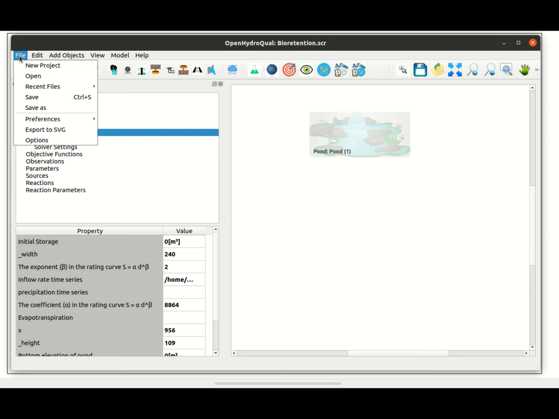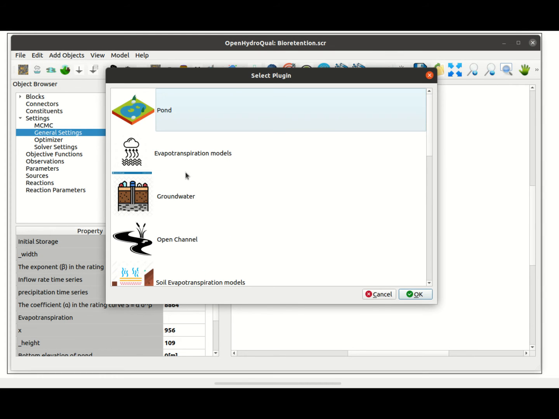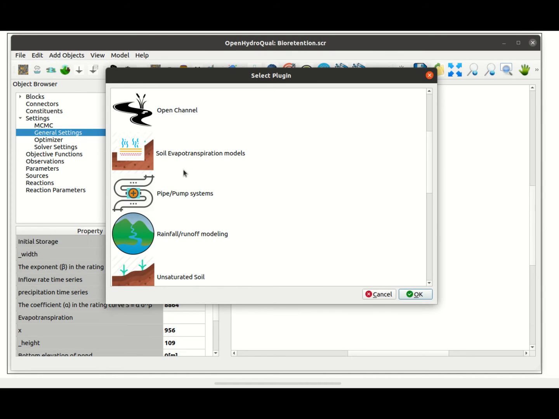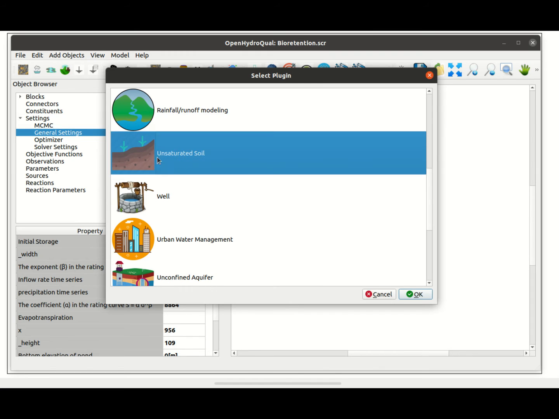In order to do that, what I will do is that I need to add a plugin called unsaturated soil. So I go to plugins, and then I pick unsaturated soil. So this is unsaturated soil. It's variably saturated. Of course, it can be saturated too, as in this model, it'll be saturated during some stretches of time. So I'm going to pick this one,